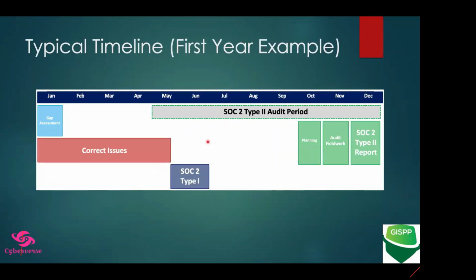Now, once this is done, you get a bit of confidence that yes, we have got our policies and procedures in place. There are not many issues, everything is good. Then you start implementing the controls here. So this is where you will start reflecting those policies in your systems, in your infrastructure, in your network, etc., just like we do with any information security program. And then we will do a SOC2 type 2 audit starting from October.